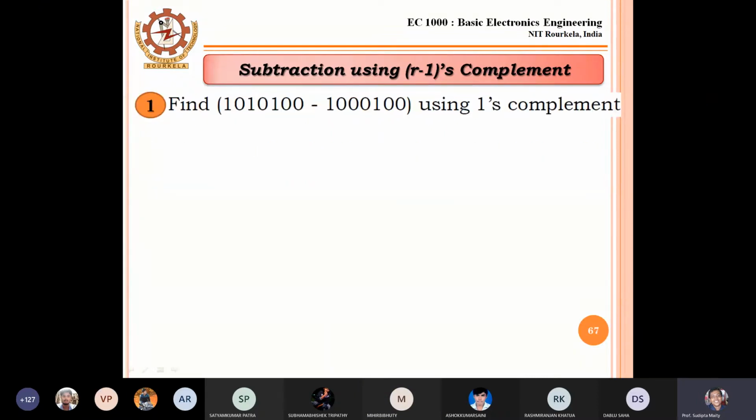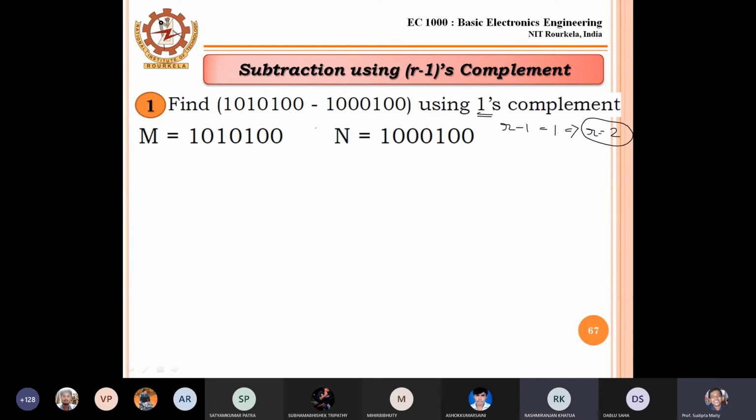So in this, you have already written this example. I want to perform m minus n where m and n are both given, and we have to use the r's complement and r-1's complement procedure. It is 1's complement, so r-1 equals 1, then r equals 2.